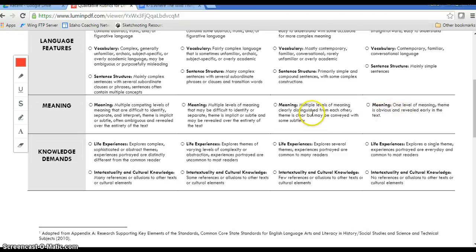So this puts me up here at multiple levels of meaning, which fits more with my analysis so far. I don't know how clearly distinguished they are from each other. It's clear, but it may be conveyed with some subtlety. I do like that word subtlety with this rating, because I think that Sendak is not really explicit with it at the same time. And then I look over here